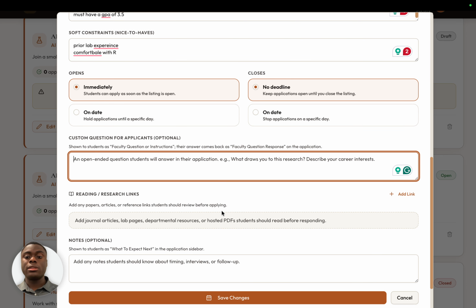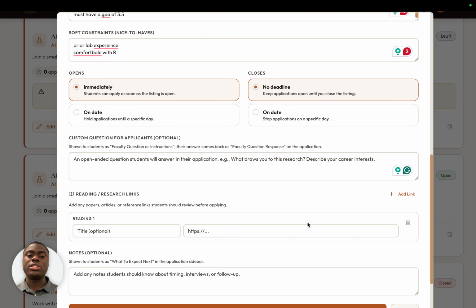And this kind of plays into the reading research links. Let's say you post a link. This essentially allows you to post, let's say, any previous research you're doing or papers you've done, and you can post it right here. Put a title, let's say like genetics research, and you would paste a link to your research title, which the